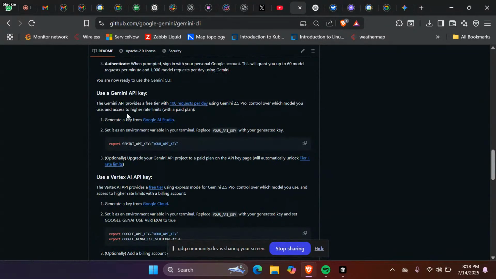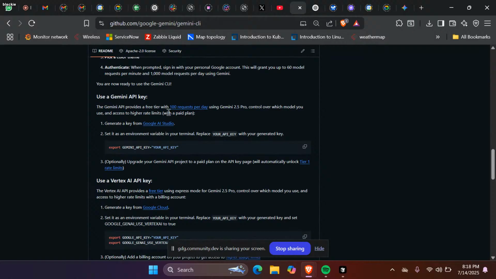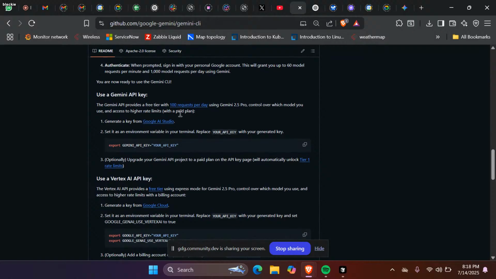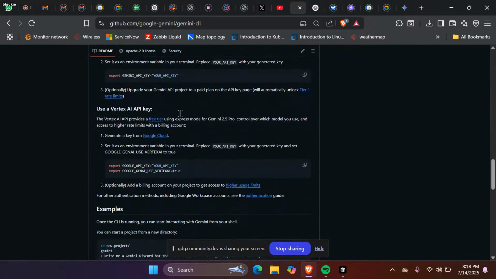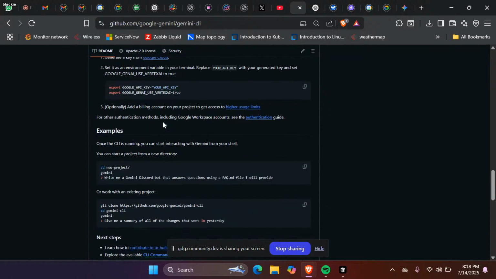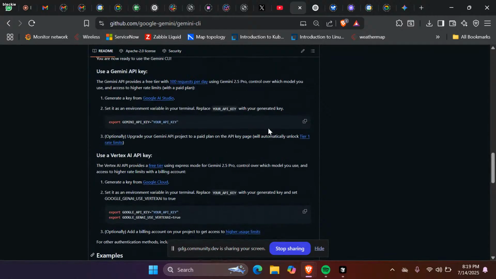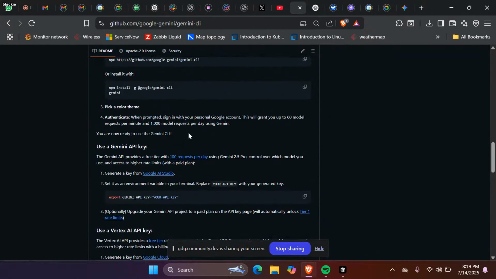Gemini provides a free tier of 100 requests per day. What else do you need to know? You can also use Vertex, which is a higher model. Since we will be using the local one, the Gemini one, let's do Bash.